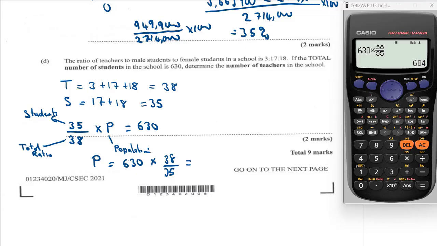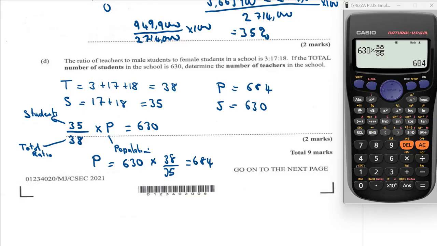That gives us 684. So the total school population is 684. So if the total population of the school is 684, and we know that the total number of students is 630,